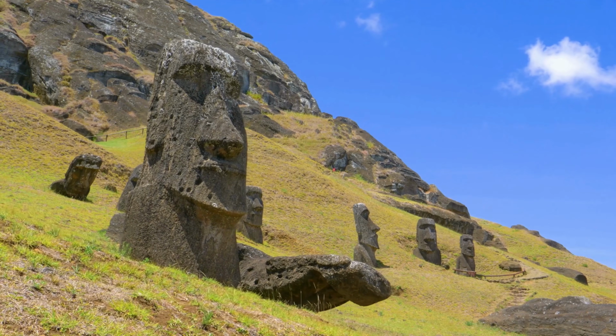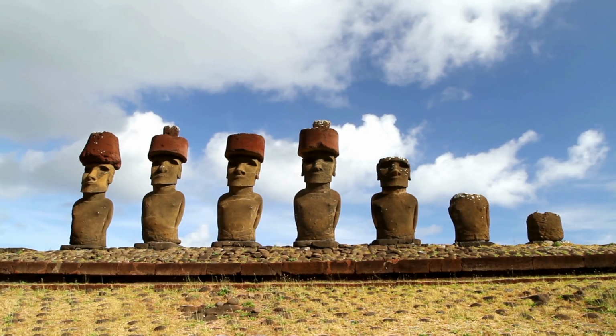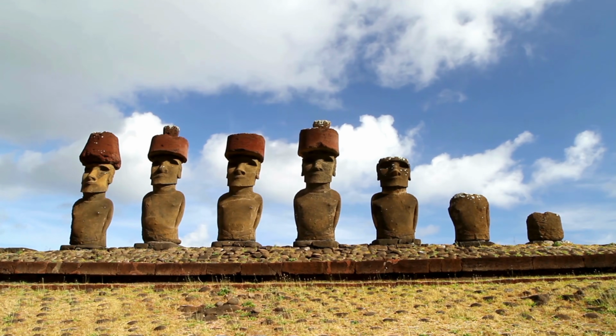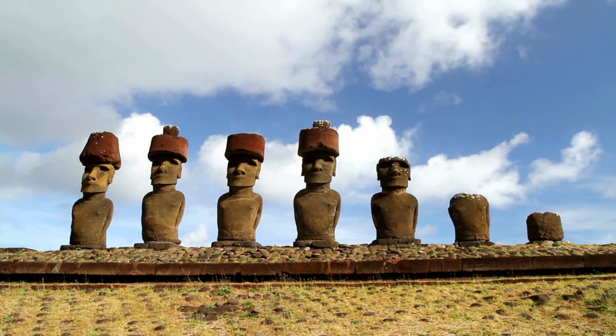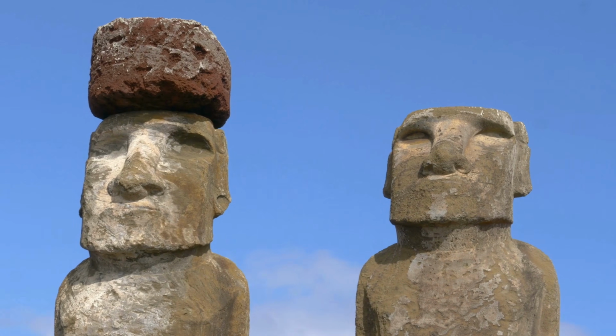When it comes to color, most of the sculptures now look grayish-brown. There are some Moai that have a pukao, which has been interpreted as a topknot or hat. These pukao are made from a red-colored volcanic rock. There are examples from around the world that indicate that certain people might have sought certain raw material for its inherent color qualities. Now, many scholars have noted the importance of the color red and its connection to sacredness across